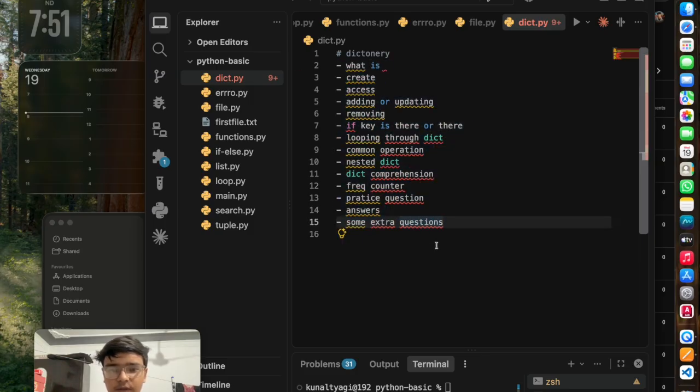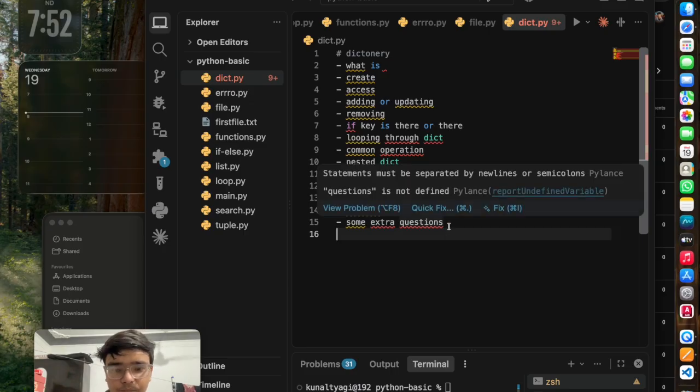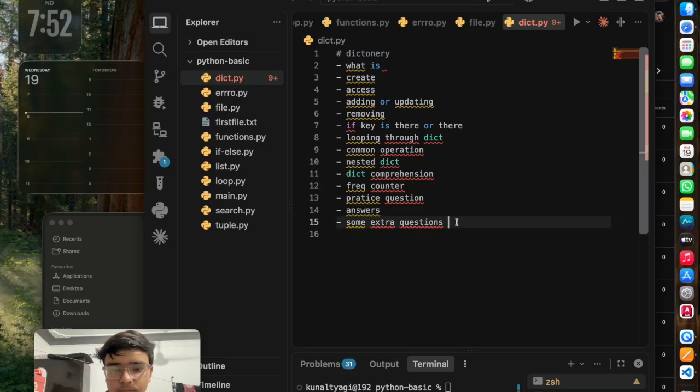So let's just start with what is a dictionary. You can describe a dictionary as an unordered collection of key value pairs where every value is mutable, and keys must be unique, and a dictionary is mutable. Just like a list, you can change or update it after initializing the dictionary. So now we know what is a dictionary. Let's just comment it up.